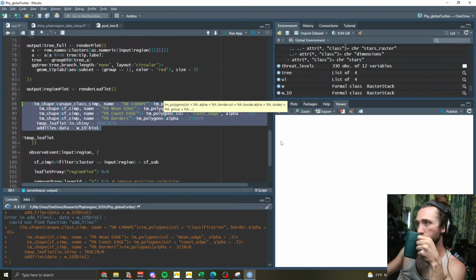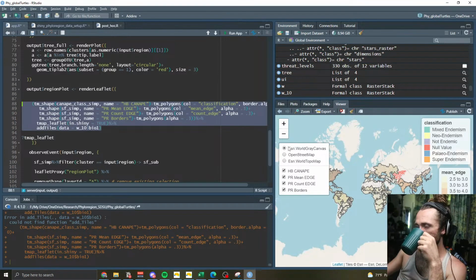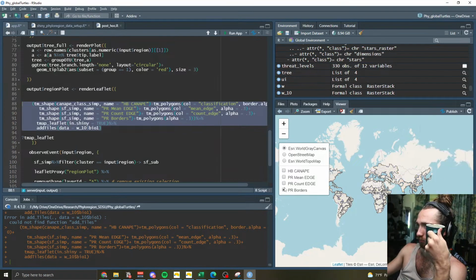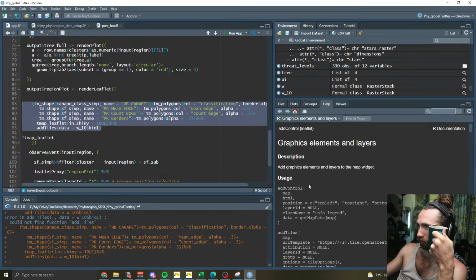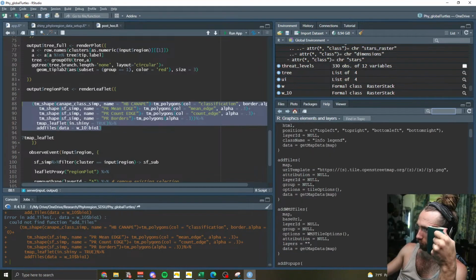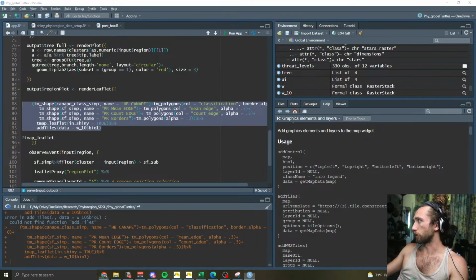Like I'm hoping it just works. But it did not add it as a tile. Which is fine. You know, we're trying to figure this out. So, add tiles. Okay, so